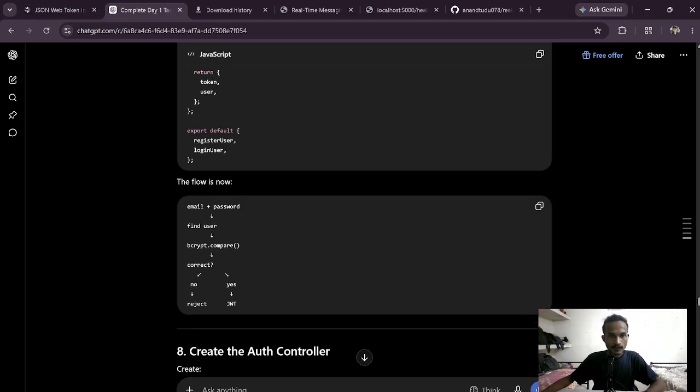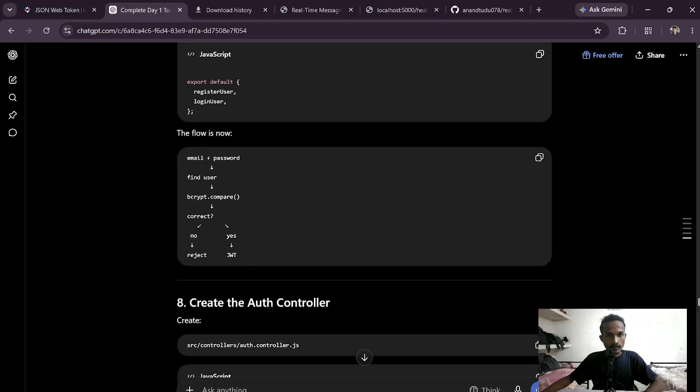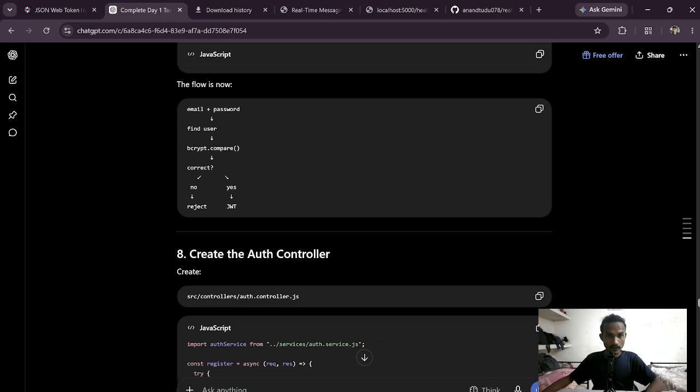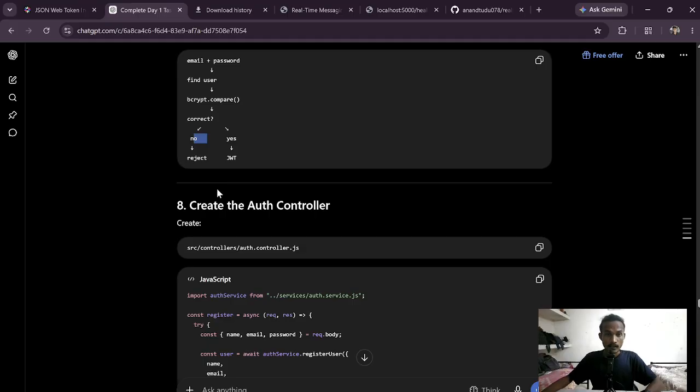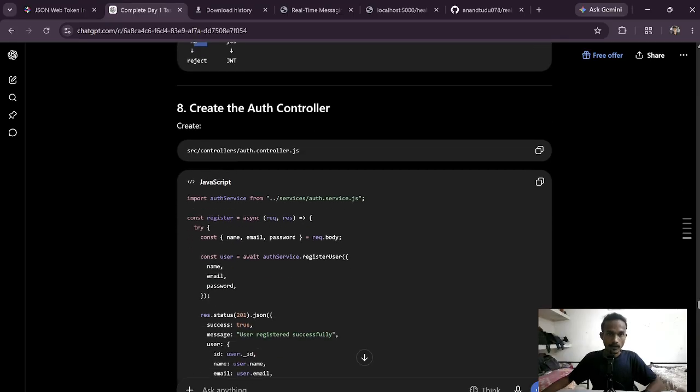So our flow says email plus password, right? So it will find the user, then bcrypt.compare. It will first hash the password. Then if the password is correct, JWT will provide a token for the authentication. If not, it will simply reject the request, right? Now we need the authentication controller, which controls the whole authentication process. So for that we need to create a